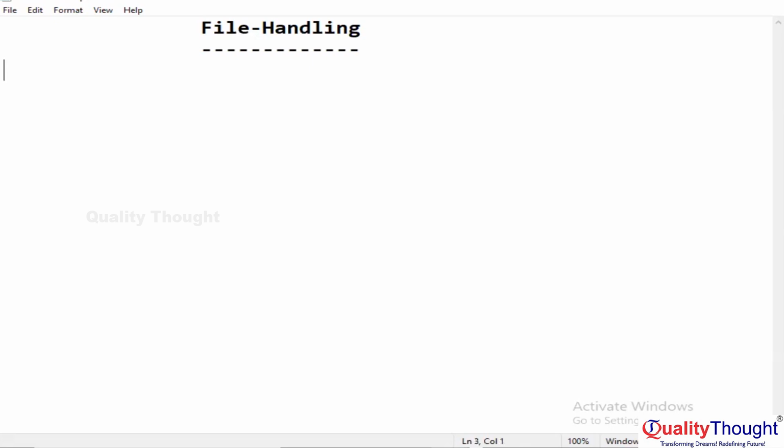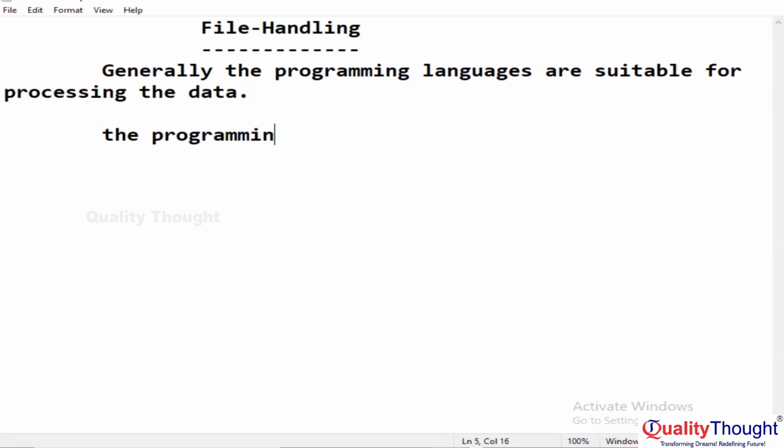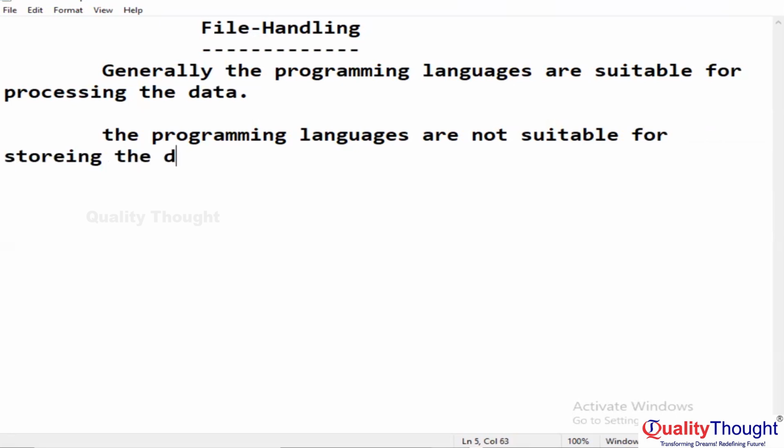Generally, programming languages are suitable for processing the data. Processing the data. The programming languages are not suitable for storing the data, because